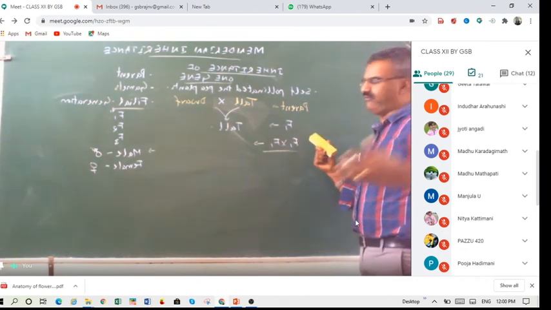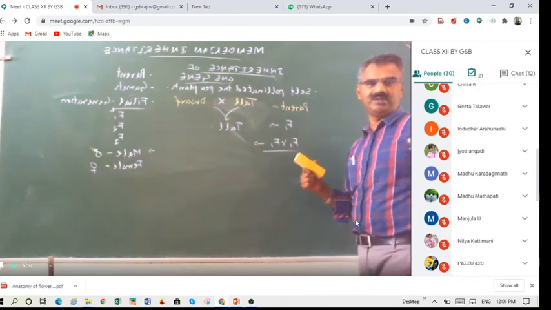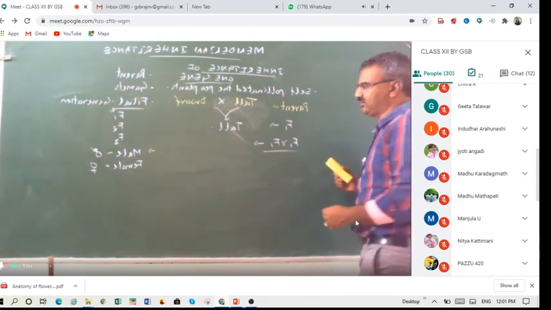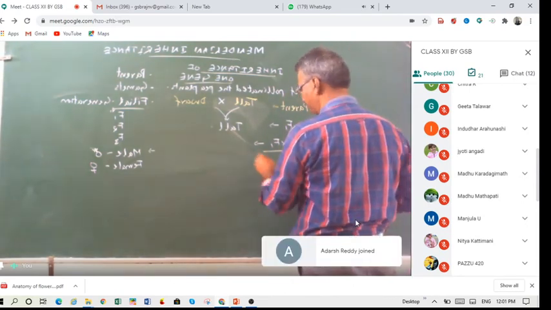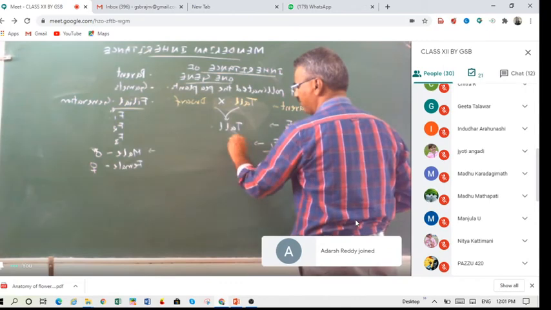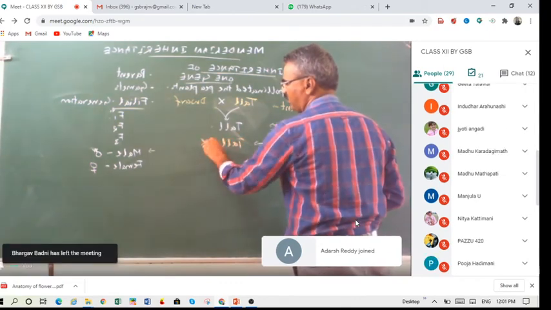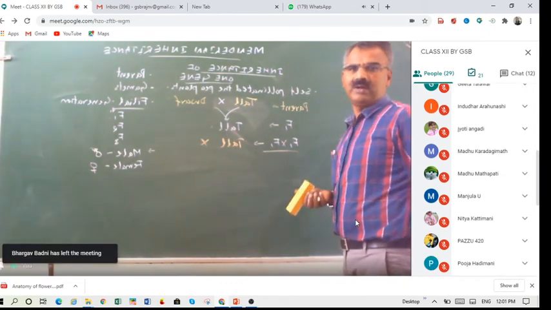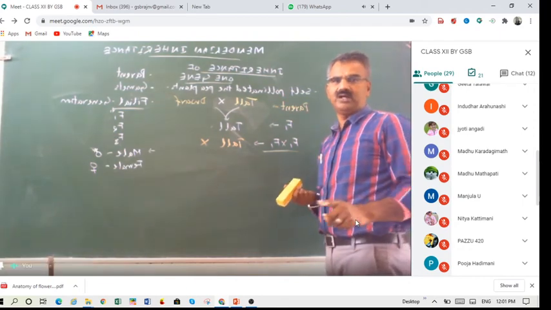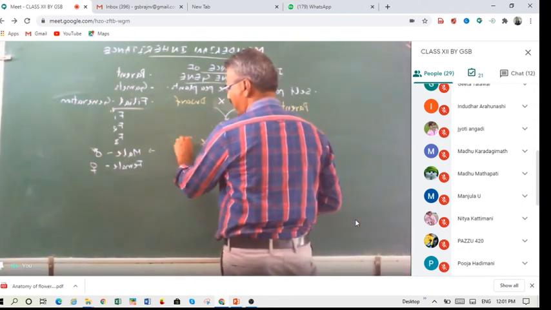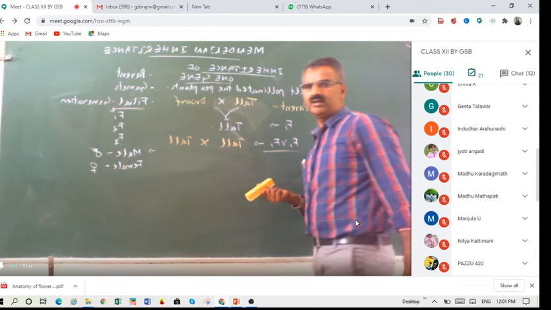So he crossed the F1 plants that came, again crossing, not selfing. So they crossed this one. Which is the F1 parent in this? Tall into another plant is also tall, all the plants which are obtained are tall here. So a tall plant was crossed with another tall plant.